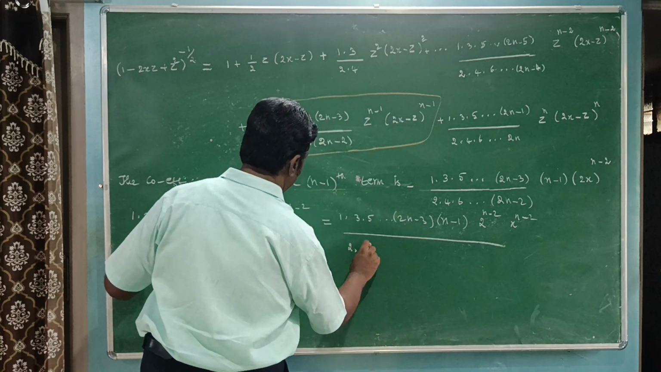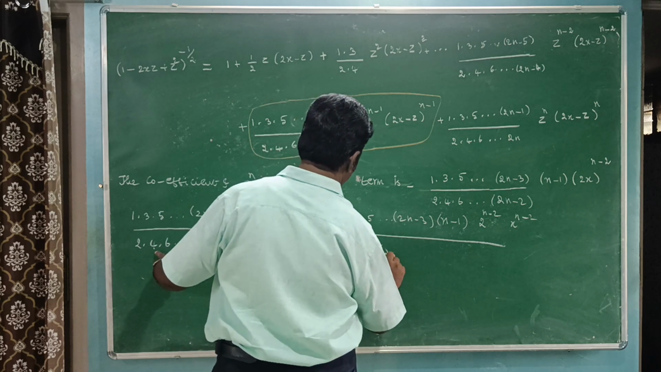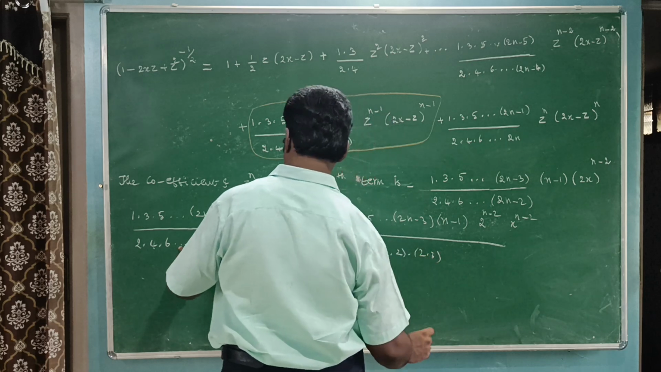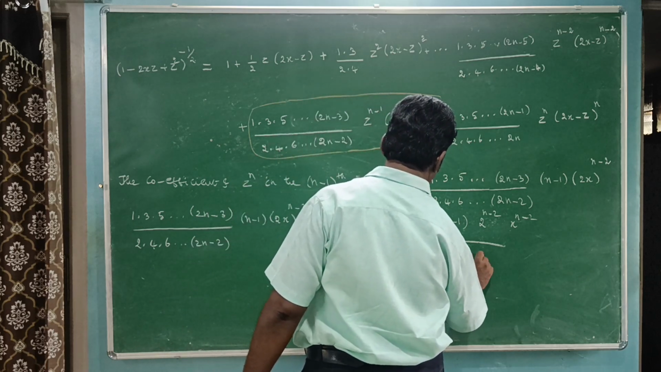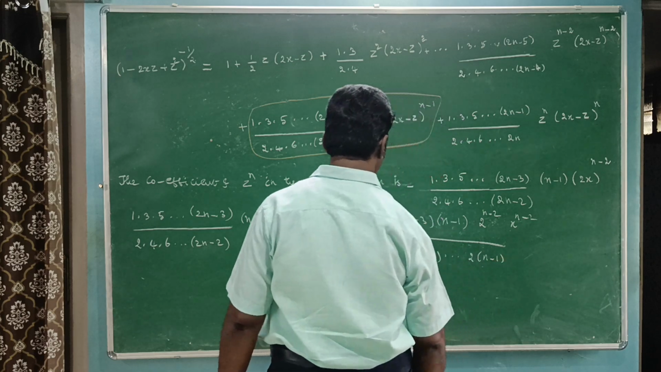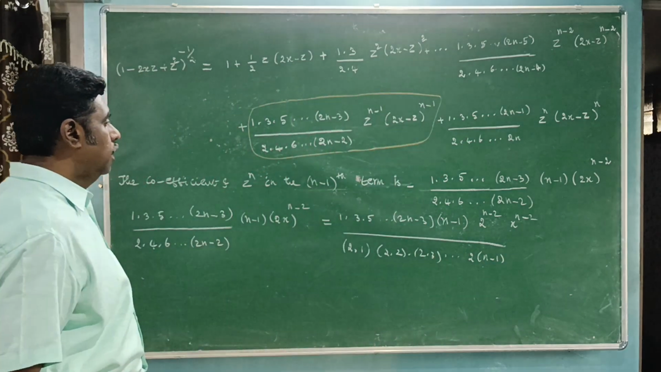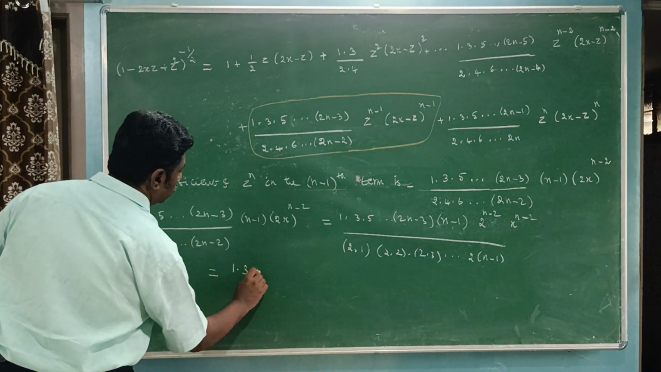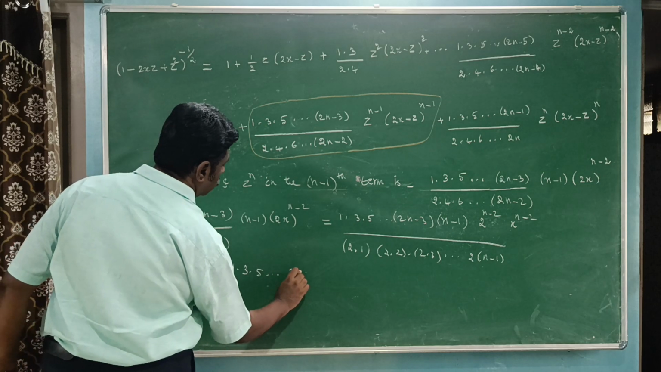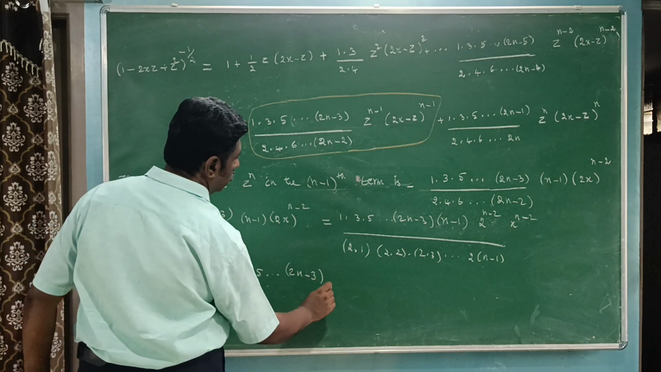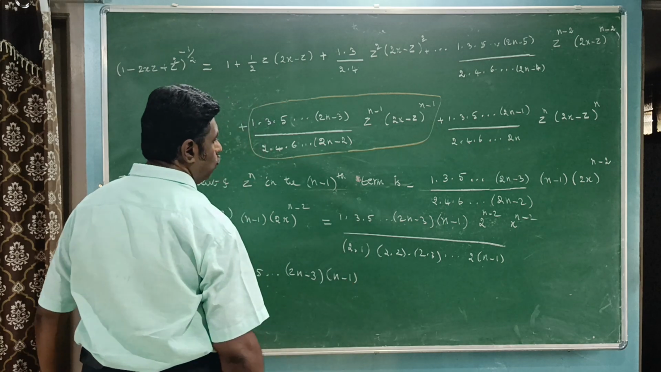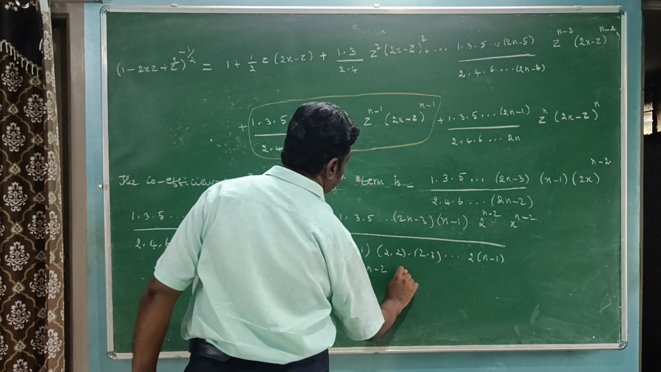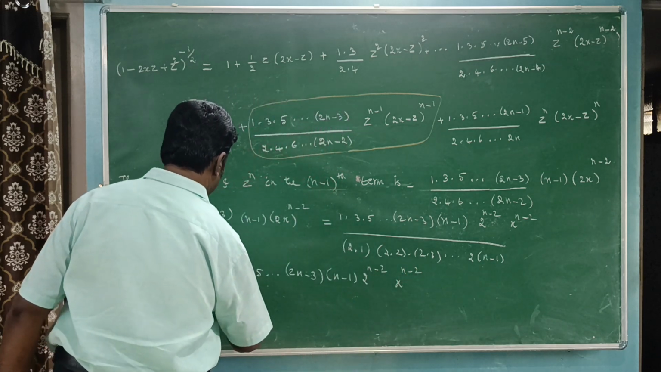this 2.1, 2.2, 2.3, and so on. Take the 2 outside, up to n minus 1. This is equal to 1.3.5 up to 2n minus 3 into n minus 1 into 2 power n minus 2 x power n minus 2 divided by,